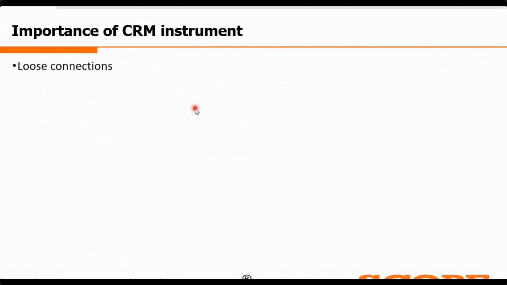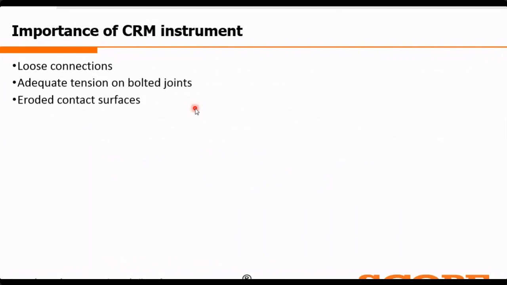With the help of our instrument, you can easily detect loose connections, you can easily detect inadequate tension on the bolted joints, and you can detect eroded contact surfaces and also contaminated or corroded contacts. So these are the importances of our instrument.